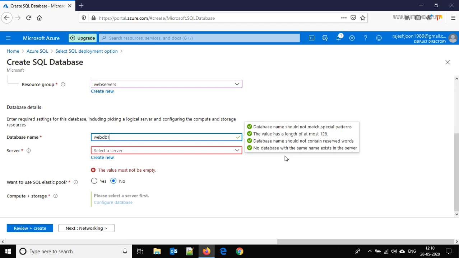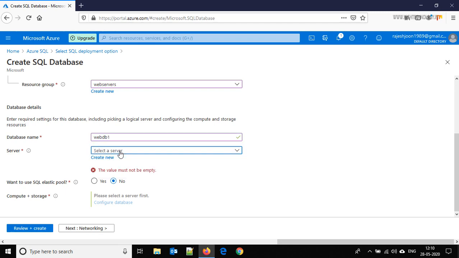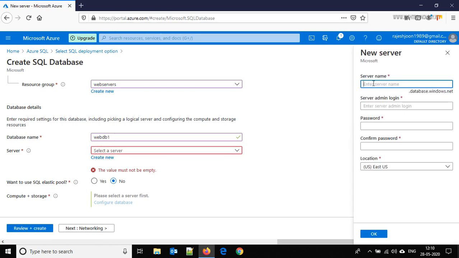It is available, and now we do not have any server, so let's create a server. Click here on create new and give it a name, web app 1.